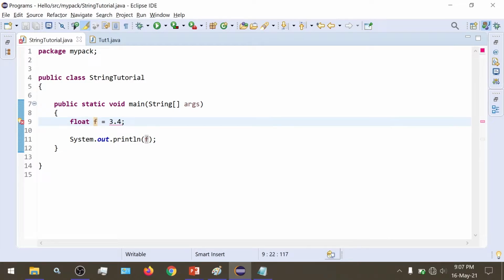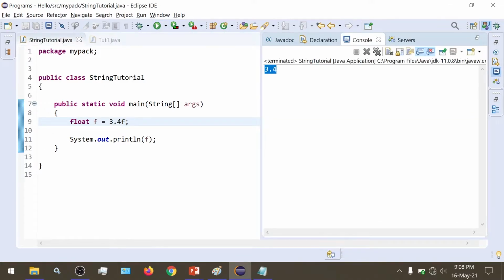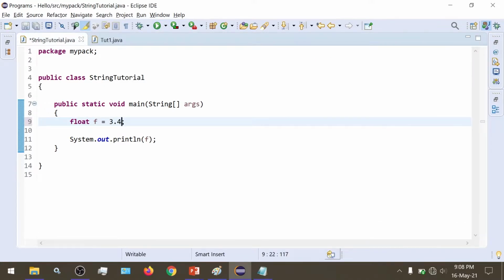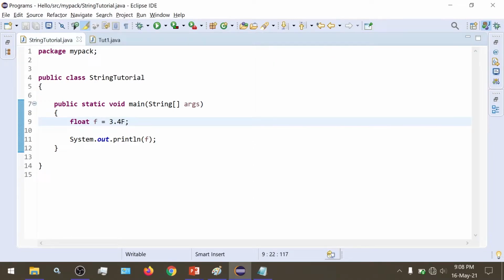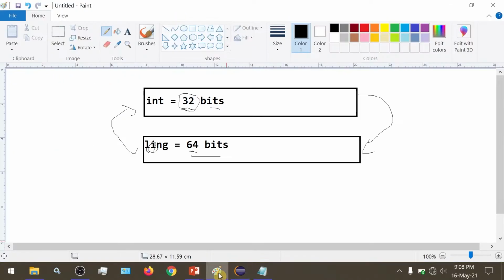So if we want it to be considered of type float, we need to give the character f. When we suffix it with f, it considers it as a float value, and we get our answer. The case of f, uppercase or lowercase, doesn't matter, either way it would work. So remember this, decimal point numbers are by default treated as double.